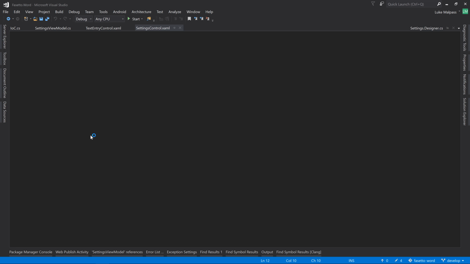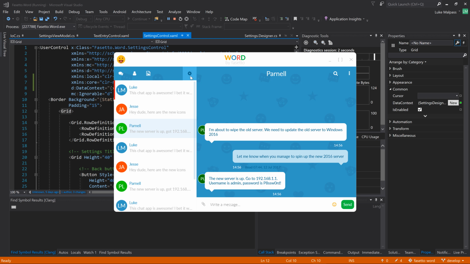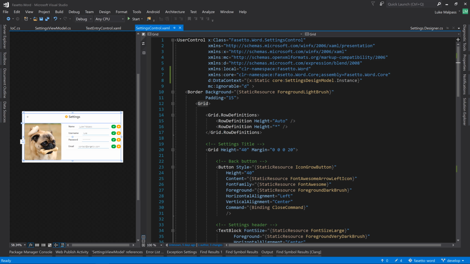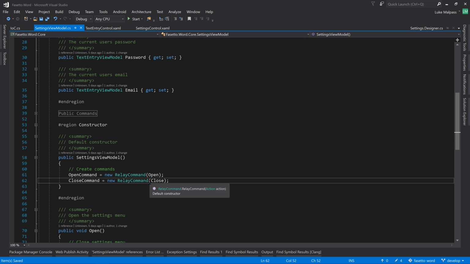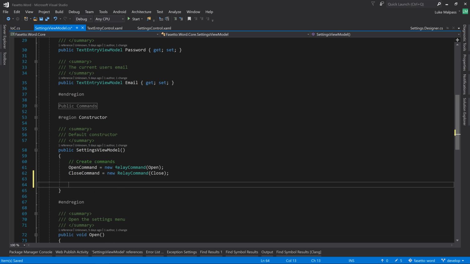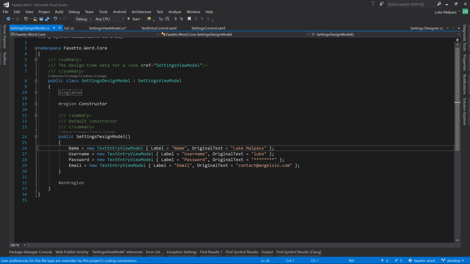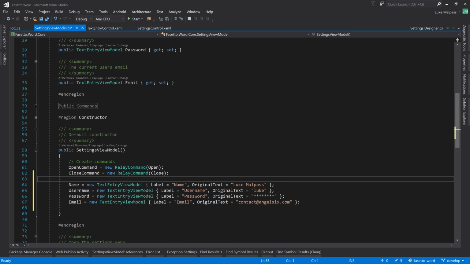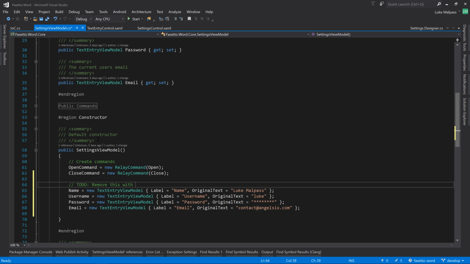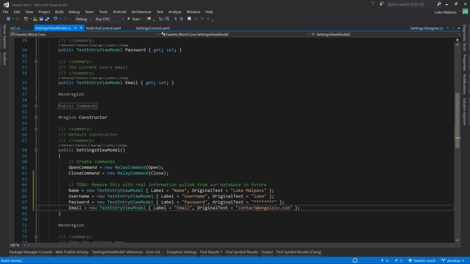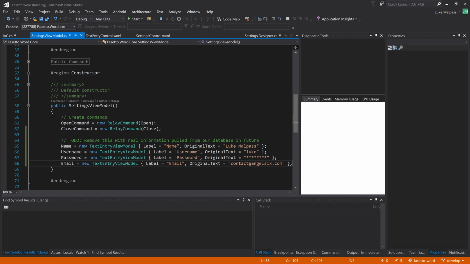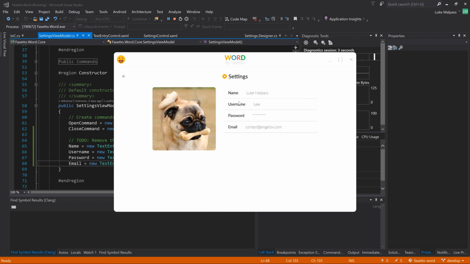It's not quite looking right in design time because it's not hiding the edit text box, but let's see if it looks right at runtime. Let's just force this to bind to, well, in fact, for now, until we do the settings view model, until we pull this information from a real backend storage, let's just put the same information in the main constructor that we can then just remove at a later date. So to do, remove this with real information pulled from our. But for now, we'll dump that in. So at runtime, we should see the same thing. We've made the exact same values. And you can see that looks correct